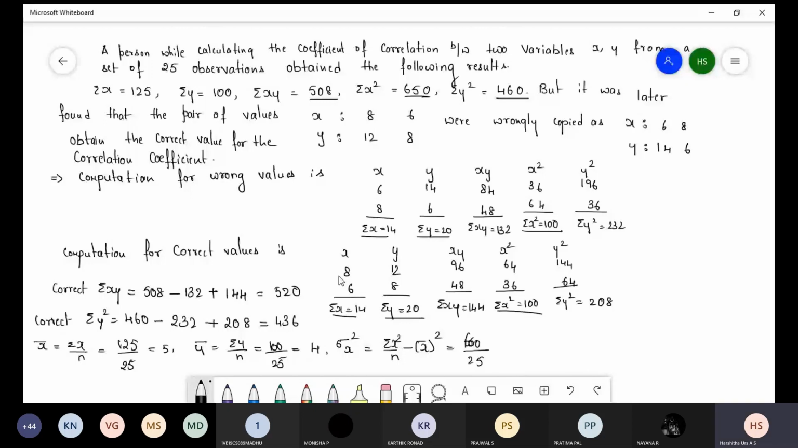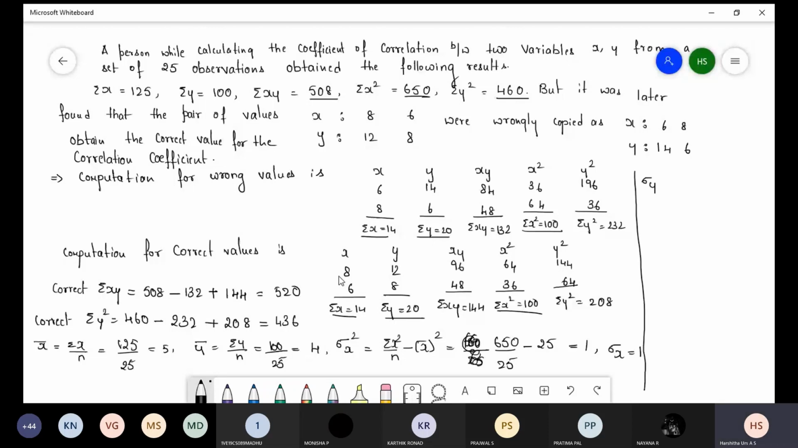650 divided by 25 minus x bar whole square. X bar value is 5. 5 square is 25. So root of sigma x is equal to 1. Next,